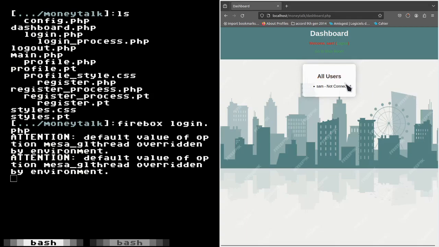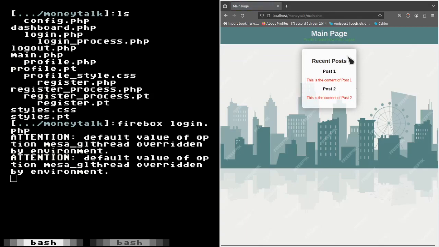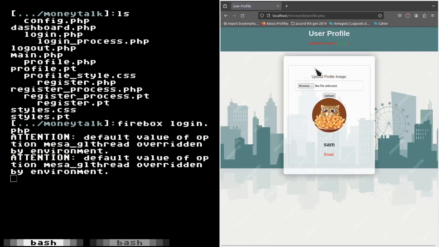So here you can see all the users. It says I'm not connected because I haven't coded that when you log in it connects you, but that's going to be an easy fix. You can go to the main page and see the posts, but they will be larger. I haven't worked on the graphical UI of this page yet. There will be an option to create a new post, comment on a post, delete a post, basic social media stuff. The exciting stuff I'm going to talk about later on in the project when I get to it.